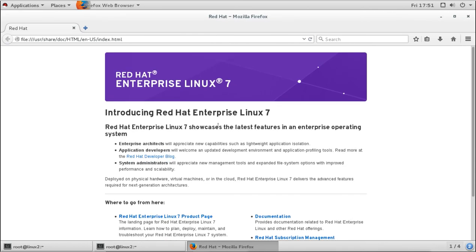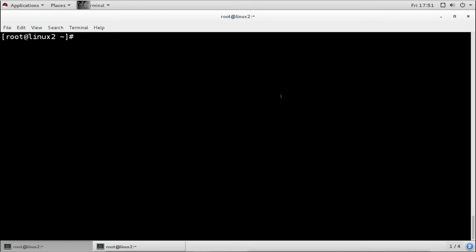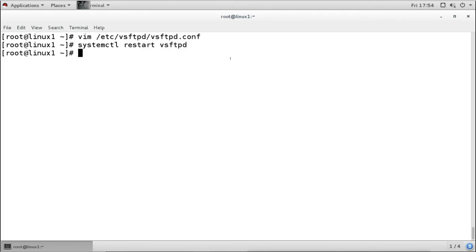It is enabled by default, but it does not have the upload right. Anonymous users do not have the upload right by default. Why? Because it is not secure to give upload permission to anyone who is not an authenticated user. But if you want to give the upload right to the anonymous user, we can do that, but that is not secure. So we will try this.